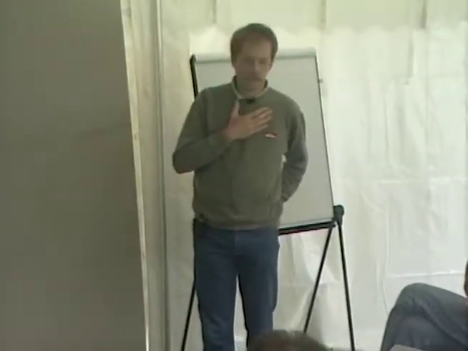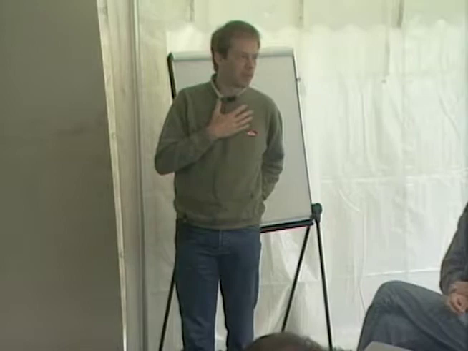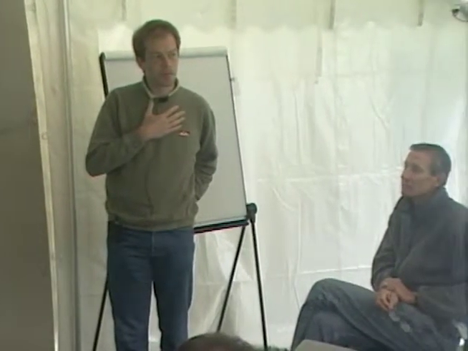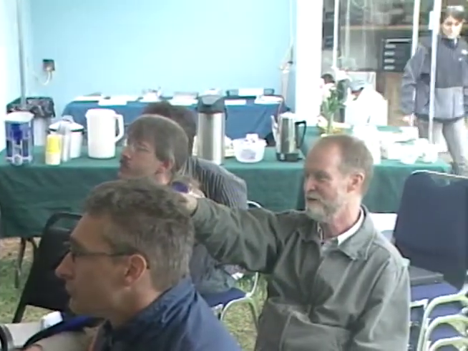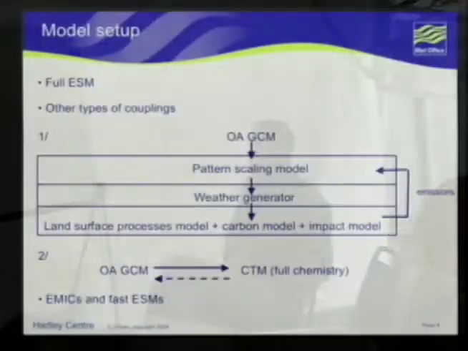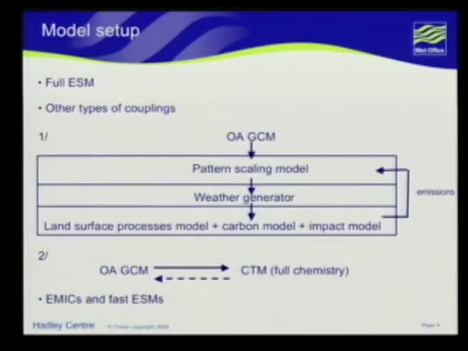Mm-hmm. I'm not sure we've got the pattern for sulfate aerosols, but certainly for the greenhouse gases. These would be large scale circulation patterns, things like that. EOFs of what patterns would come out of the GCM? Well, for that particular sort of large scale circulation patterns and things like that. No, for that particular model, it's really surface temperature and precipitation, and whatever is needed to drive the land surface model.